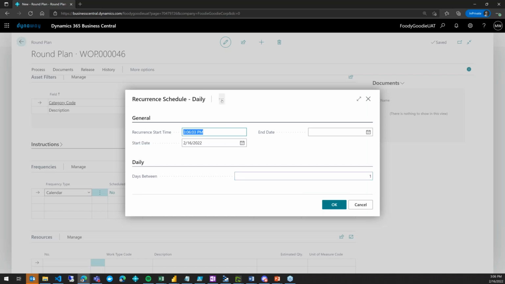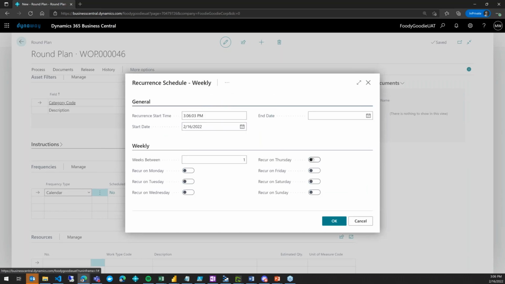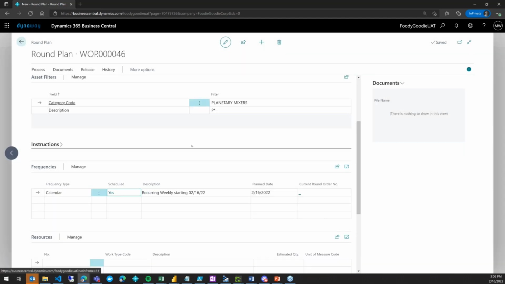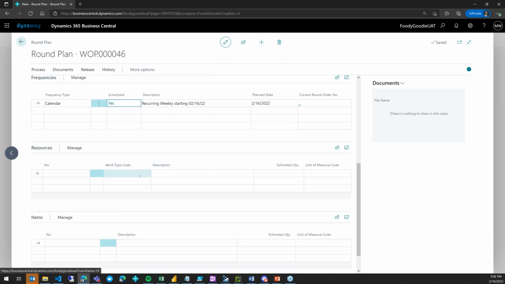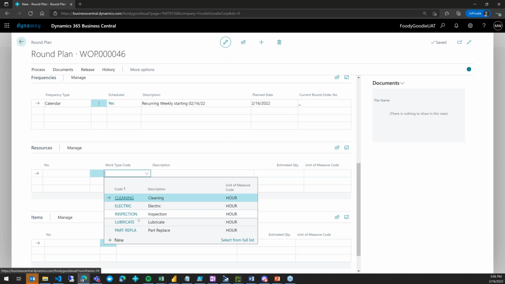So, I would like to do it every week on Thursdays, Fridays, and Wednesdays, right? So that's what we need to tell the system. Another thing, we should tell who will be doing our round and how much we estimate it will take, right? So I can say that I will be doing the lubrication, and either I'm choosing that,